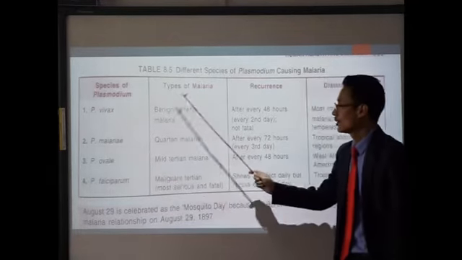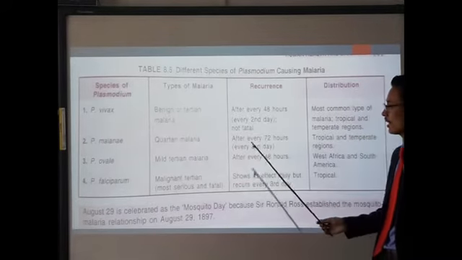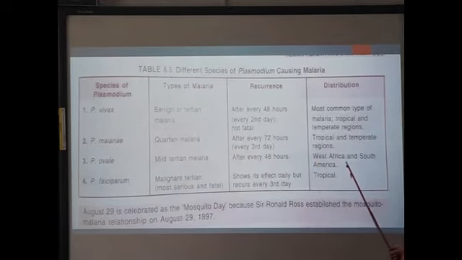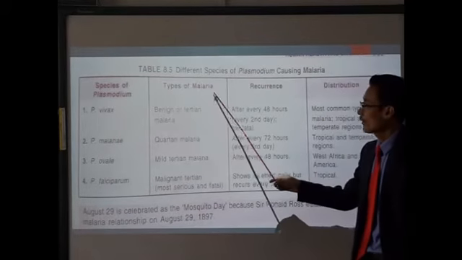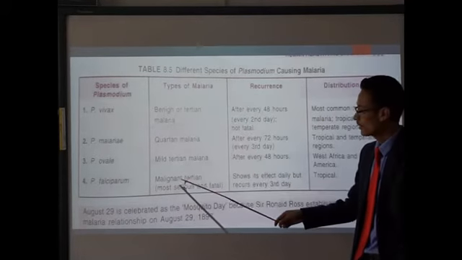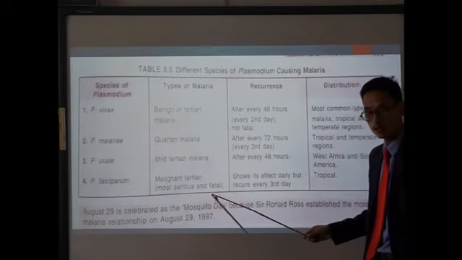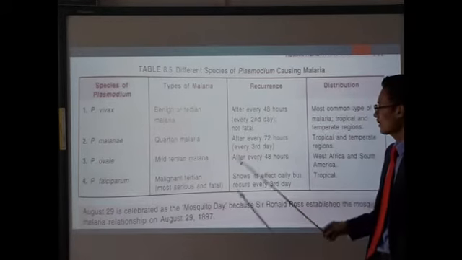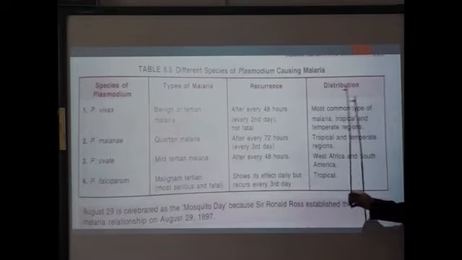Plasmodium ovale causes mild tertian malaria, recurrence after every 48 hours, distribution West Africa and South America. Plasmodium falciparum causes malignant tertian malaria, which is the most serious and the most fatal one, and can lead to the death of an individual. Recurrence: it affects daily, or recurs every third day. Distribution: